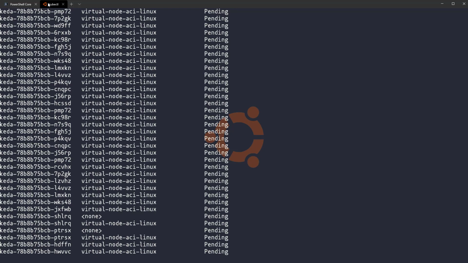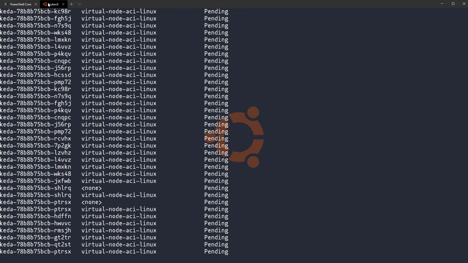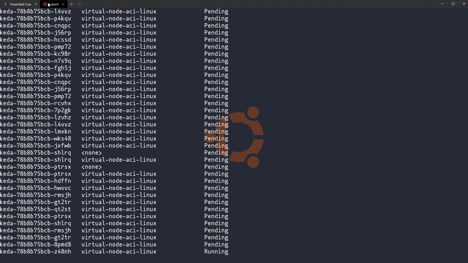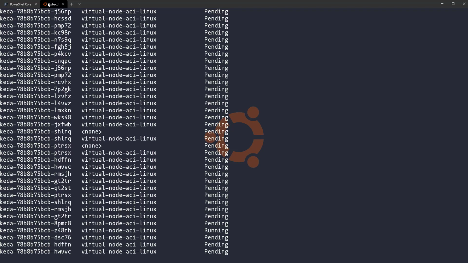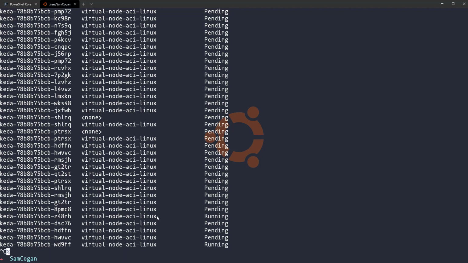Now this is a fairly small image, and I would imagine that actually the base image is cached as well, so these are not going to take very long to actually get up and running, but it will take a noticeable amount of time compared to something that is running on your VM nodes, which have already got the image cached. And so if we exit out of the watch, because that can get a bit confusing,